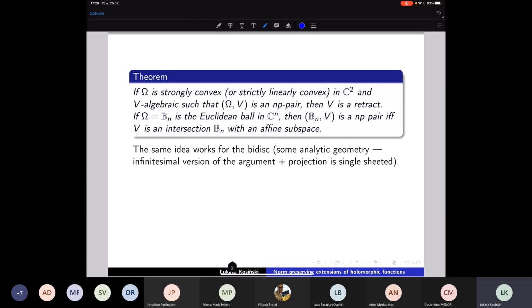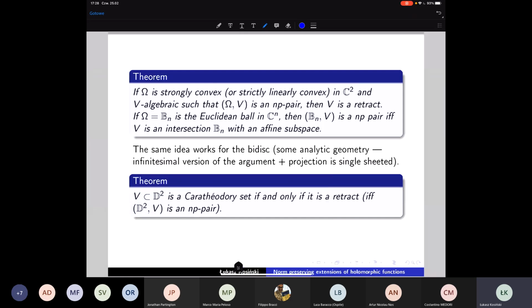Okay, and note that the same idea can work for the bidisk, but only for these points. If we have this point and this point, then we can apply the same idea to this function. But then still we can use some analytic geometry, and by Stein's theorem, we can embed V in this polydisc. Then we can project this, and we can use some analytic tools, and we can come up with this theorem